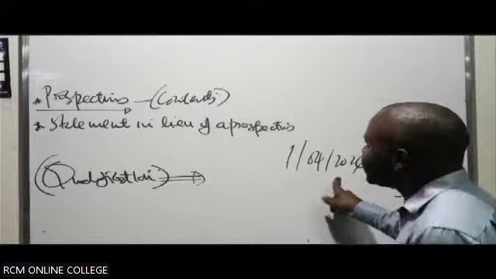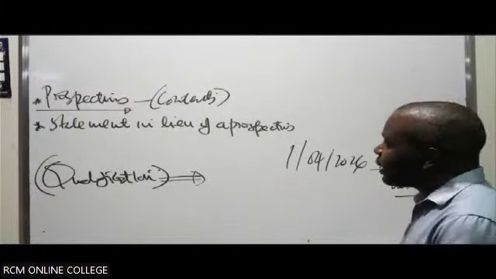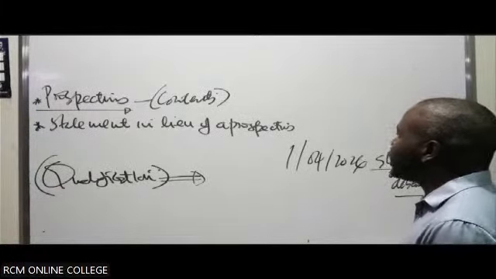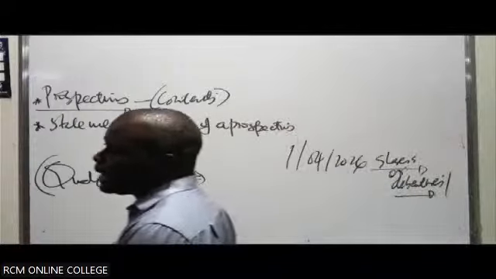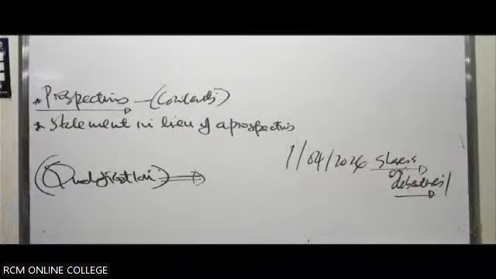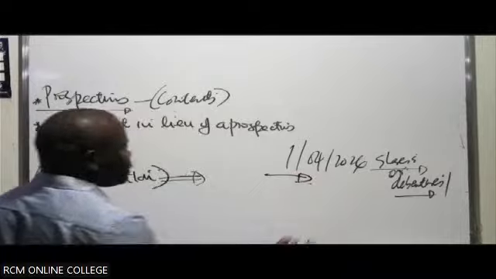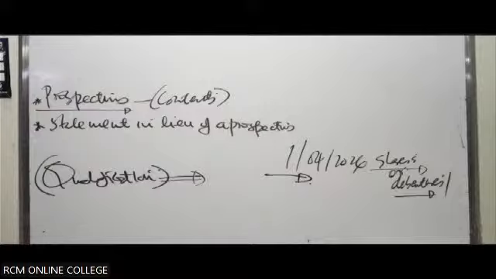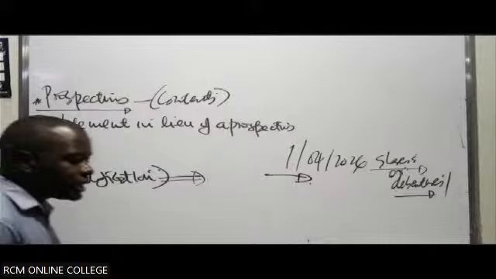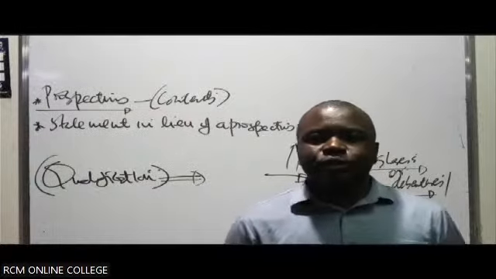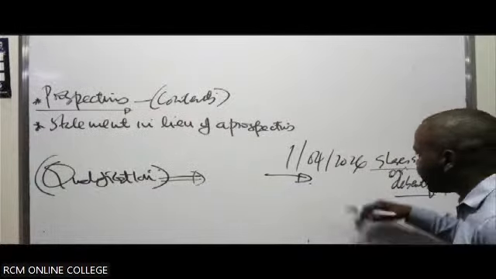So they'll indicate the date of issue. It has to be there because you are inviting people, but they don't know when they are going to start applying for the shares. So they'll indicate the date of the offer, or the issue of the shares. Then the names and addresses of the auditors of the company. Who are the auditors of this company? They'll profile or give their details there.